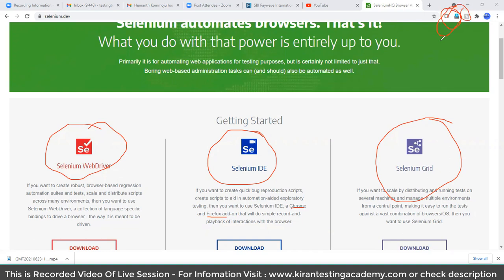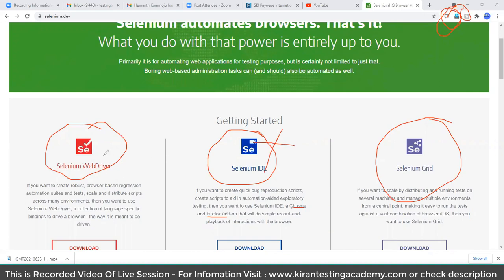Firefox and Chrome browser. What it will do, whenever you perform any activity, it will record it. Whenever you play it, again, it will replay it. It's like a tape recorder. Do it. Record it. It will record all your transactions. Run it. It will execute that. That's it. So this is not used as an end-to-end testing tool. That is not possible. It is simply a record and playback tool, and no need to worry about that.